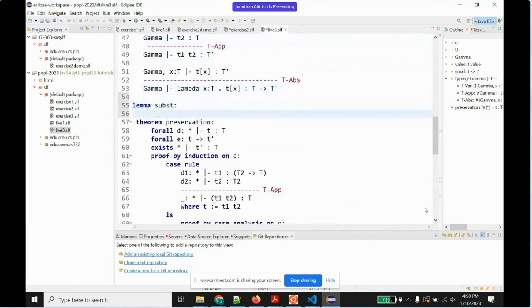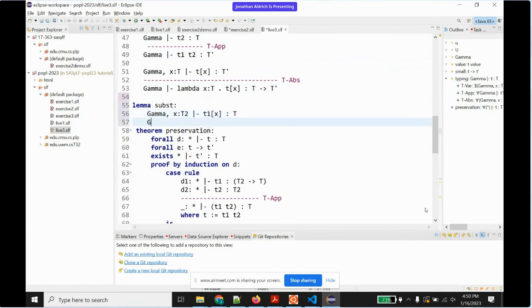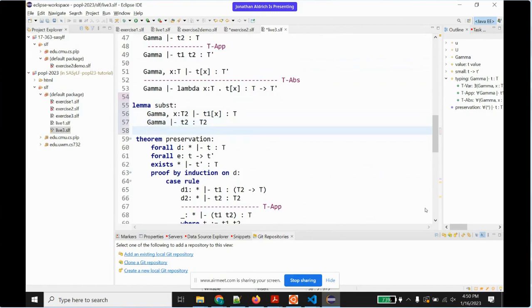Lemma subst is actually going to take a gamma with an extra argument, X of type T2, let's say. T1 of X is type T. And then we have another thing, T2 of type T2. So for all D1 and for all D2